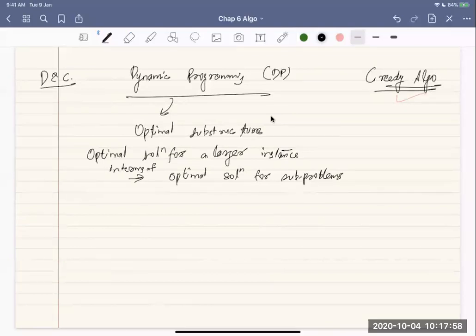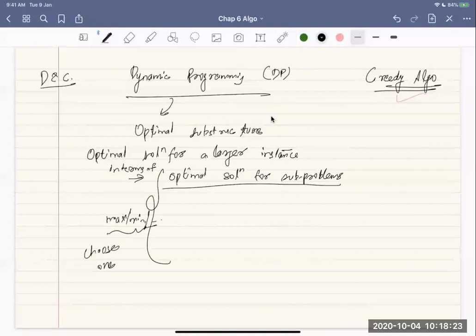Okay, and while doing that, you find it can be written as an optimal solution of multiple subproblems, and among multiple such possibilities, you have to take one. Generally these are max or min, depending on your criteria, or something else. You have to choose one of these. Now that's where it takes some time, because you have to enumerate a few possibilities, compute them, and choose one from here.